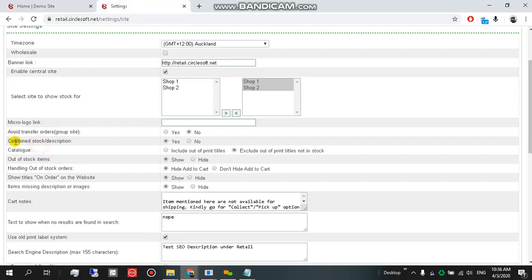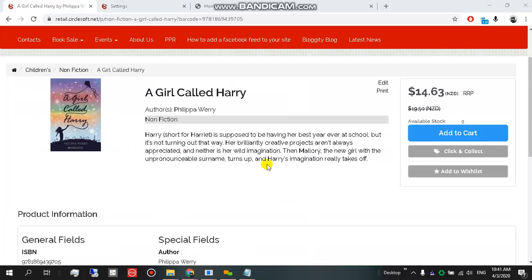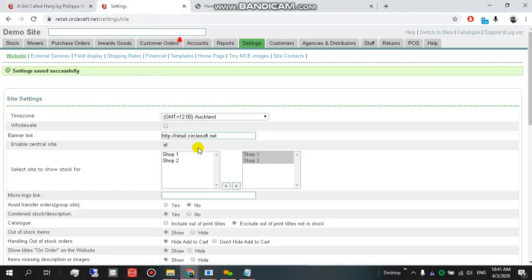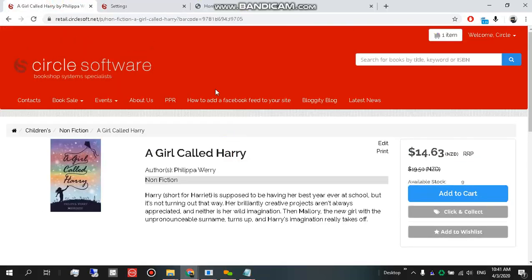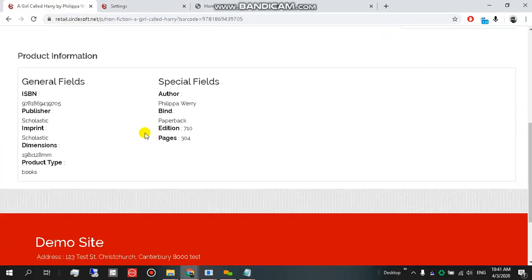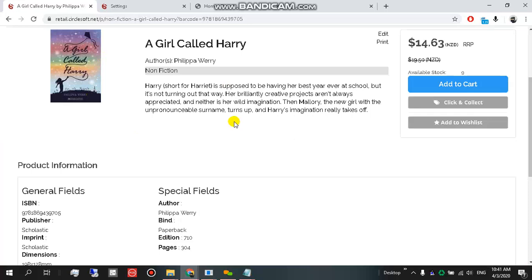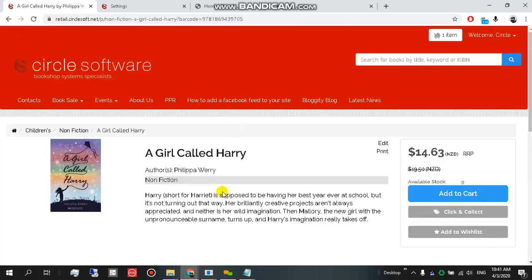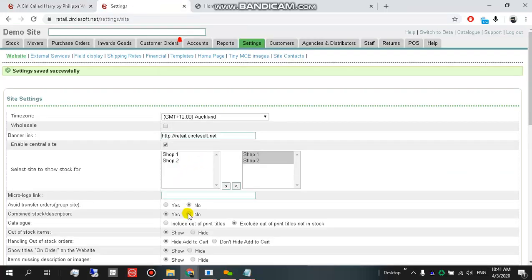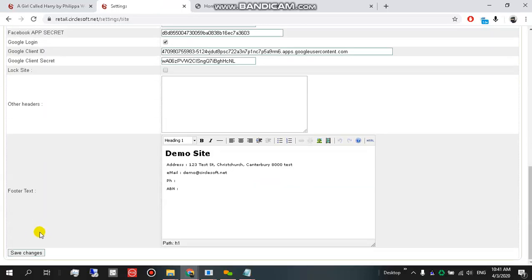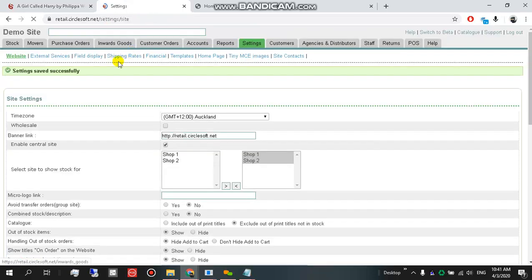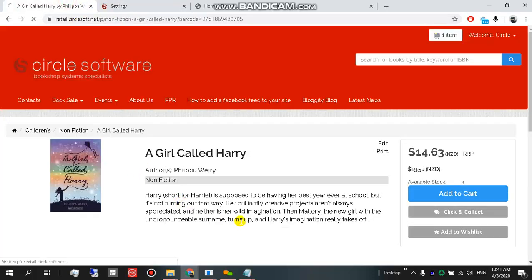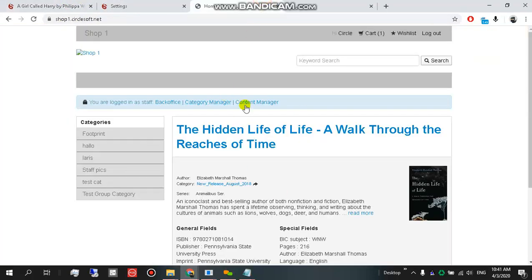Okay, combined stock and description. This setting is only applicable for those who are using the old layout. Currently on our retail demo site, it is using the new template. For the new website template, there are no changes that you can see here. But on an old one,